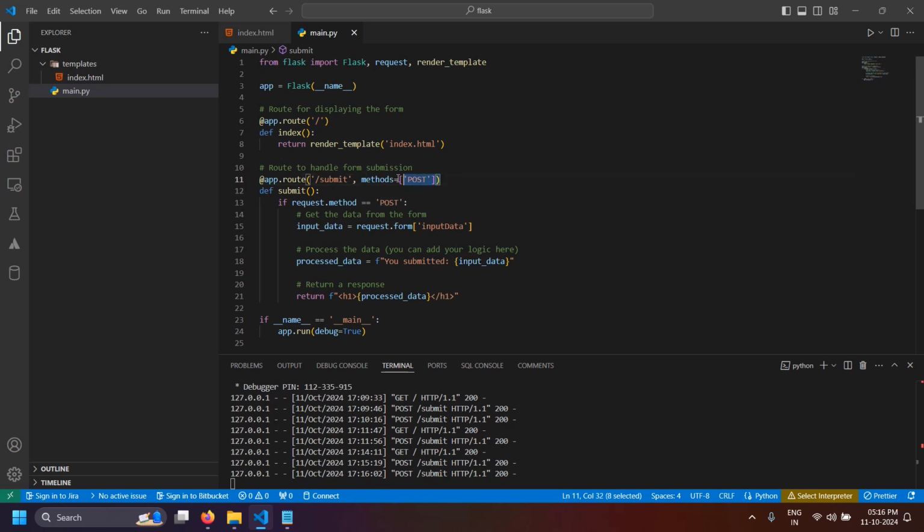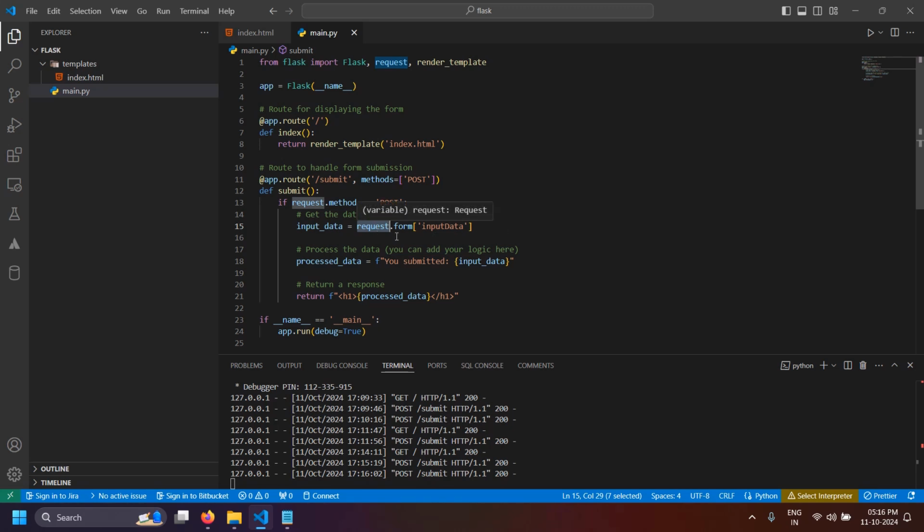Next part comes. After creating the route, I am writing the function submit. This is actually optional. If you want to write it, you can, but this is just for validation purposes, to check if the request is okay or not. So you can skip this if you want, but let's see how you can process the data sent by the